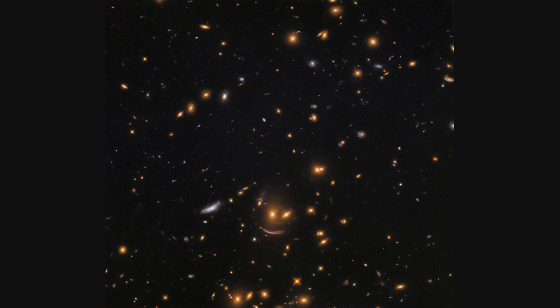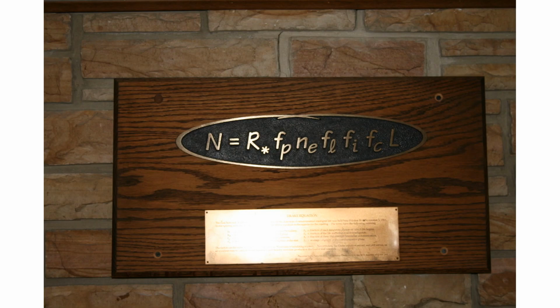Based on current estimates, the average rate of star formation in our galaxy is around 7 new stars per year. This means that over the course of 1 billion years, there would be around 7 billion new stars formed in our galaxy. While this number may seem high, it is important to remember that not all stars have planets, and not all planets are capable of supporting life. This is where the other factors of the Drake equation come into play. In the next segment, we will explore the second factor of the Drake equation, fp, which represents the fraction of